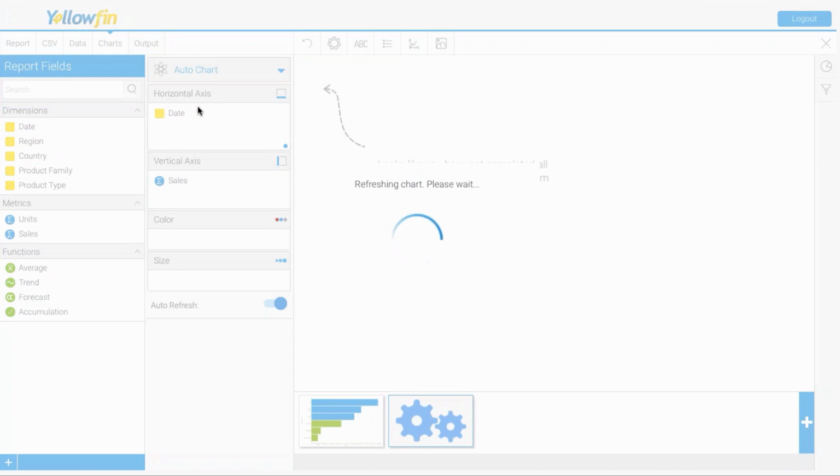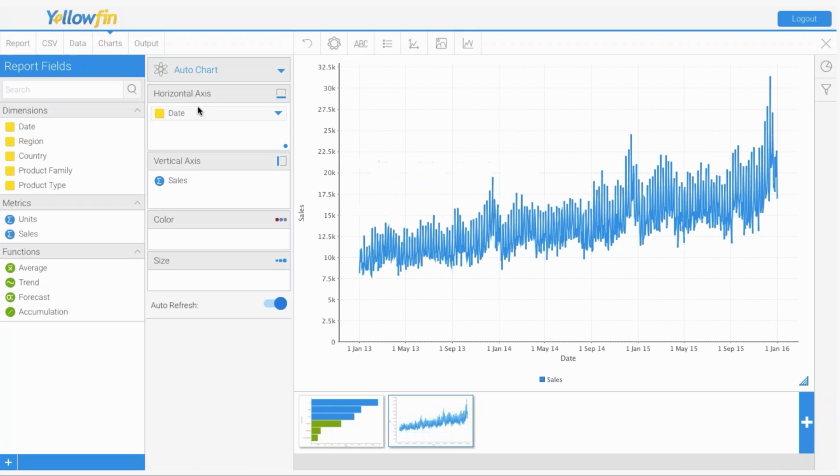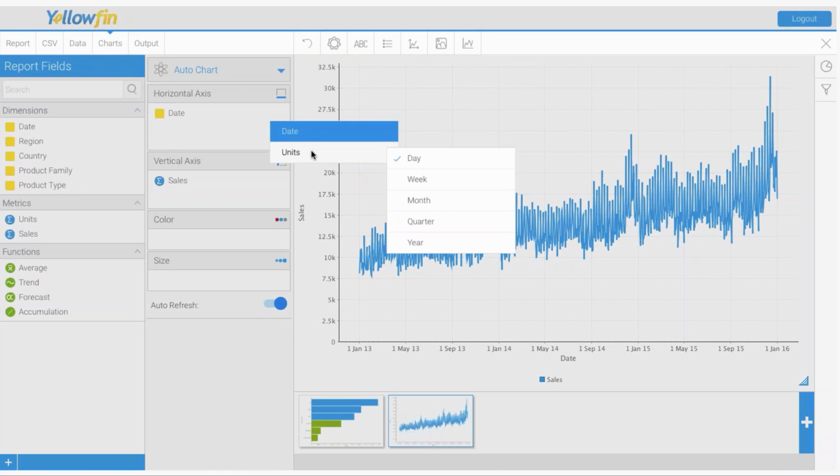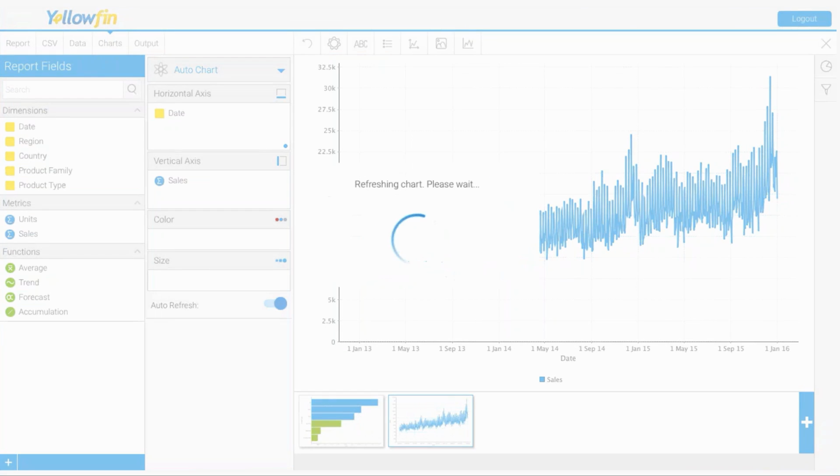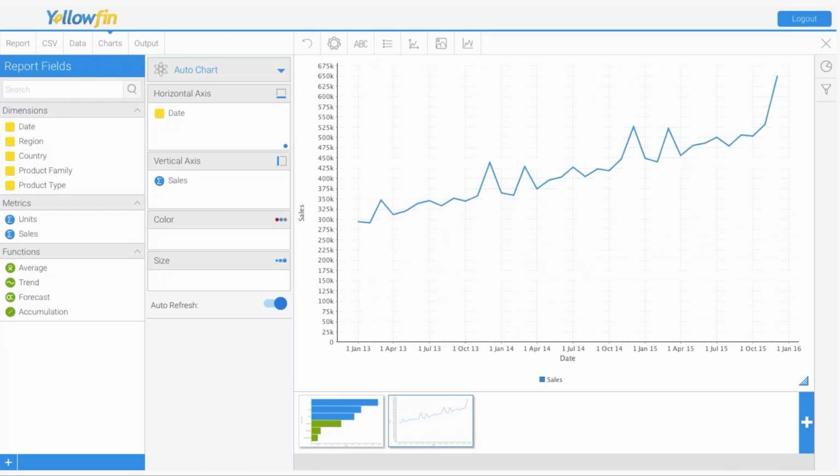And Yellowfin instantly recognizes that what I want to see is sales over time. So it's giving me a line chart. Right now it's showing me sales by day because that's the level of granularity I actually have. But we can change that granularity, so it's probably more useful if we look at this by month. And now we can clearly see that our sales look like they're increasing and our last month was